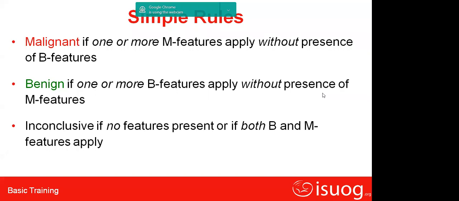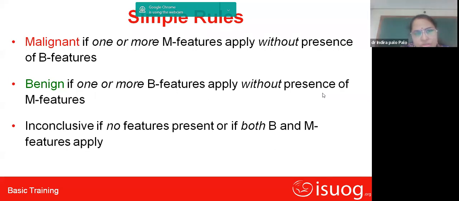If M features are there without the presence of any B feature, then you diagnose this mass as malignant. If you find any of the features, one of the B features is there, any of the M feature or